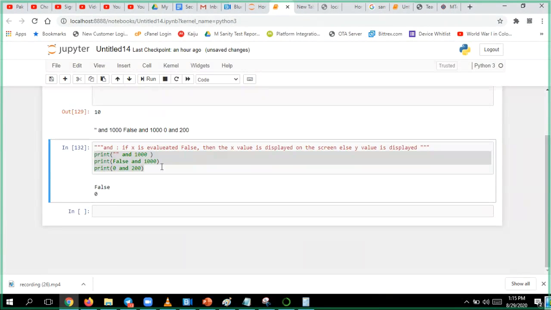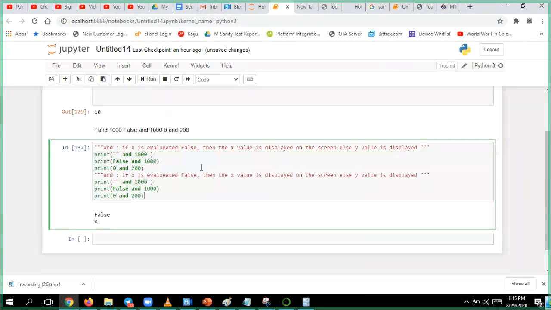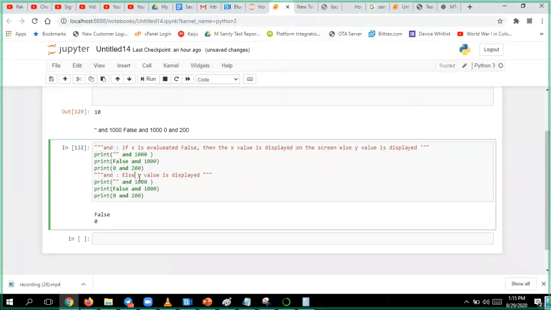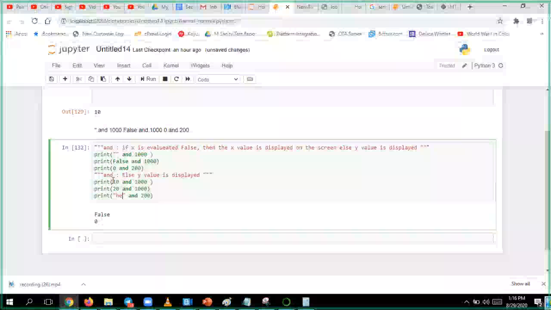Print is 0. I'll take this and make it in another way. Else I'll put here. Then I have 0 here, 10 here, 20, some 30, some value or some hello.